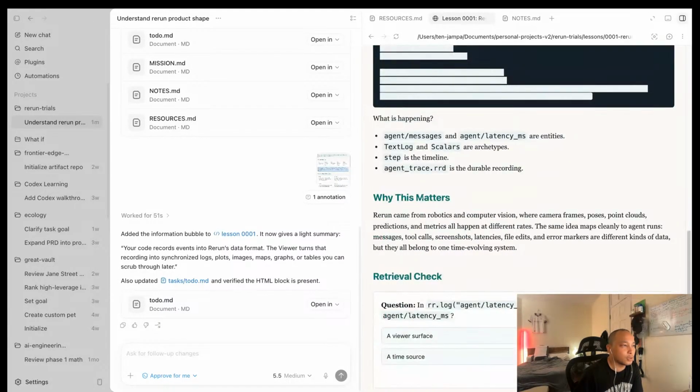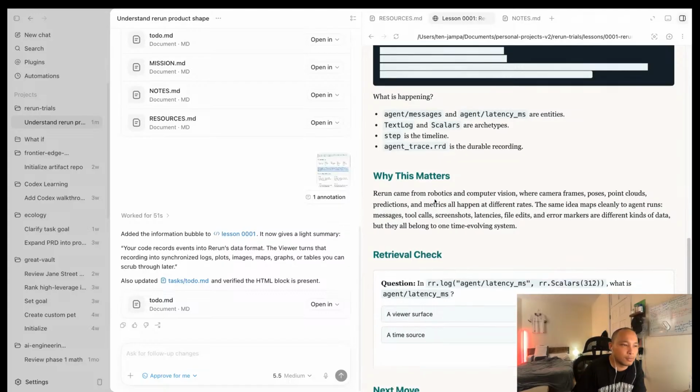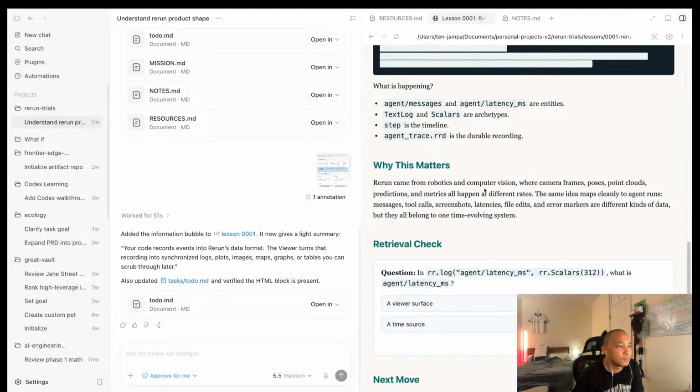Didn't do what I wanted it to do, but all the same. Yeah, Rerun comes from robotics and computer vision, where camera frames, poses, point clouds, predictions, and metrics all happen at different rates. Retrieval check.